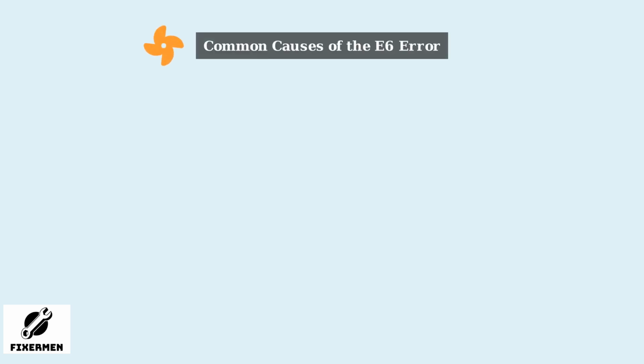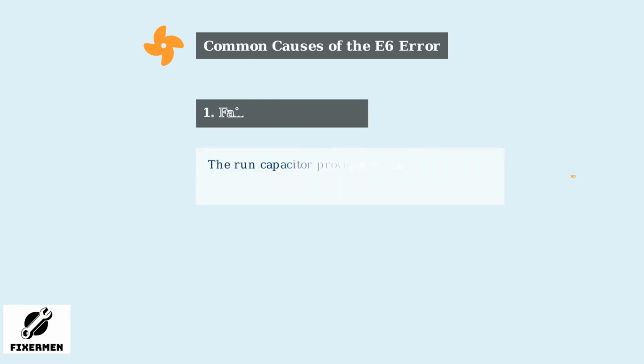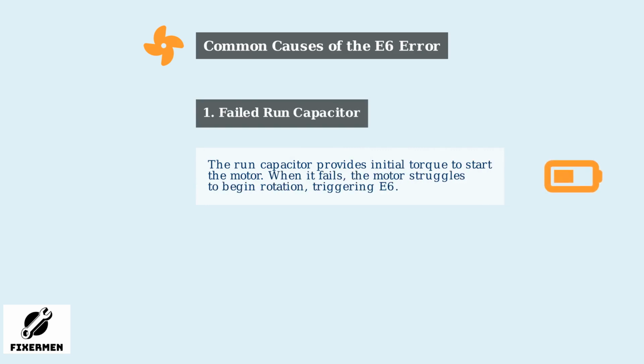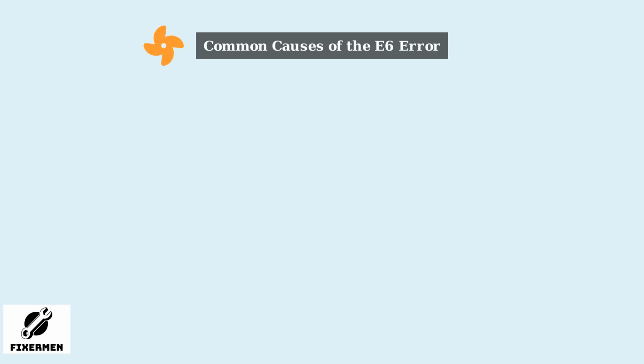Several factors can trigger the Carrier E6 error code, which indicates an indoor fan motor fault. Let's examine the most common causes one by one. First, a failed run capacitor is a frequent cause. This component stores electrical energy to provide the initial torque needed to start the motor. When the capacitor fails, the motor cannot get the power boost it needs to begin rotating, resulting in the E6